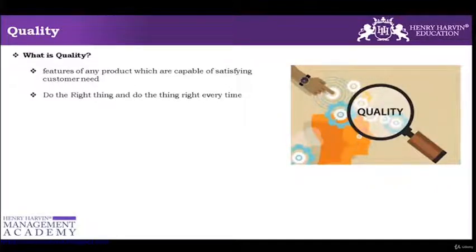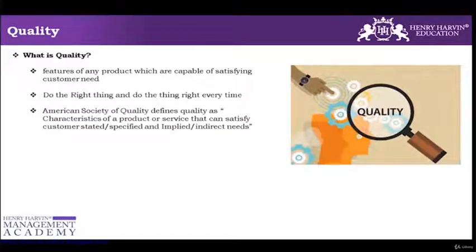One very important thing about quality is that our customers and our competitors are always looking for doing the first right thing at one point in time. So nobody wants to call again. Nobody wants to do those things again and again. Because of the competitive world environment, quality also talks about giving the customer the right thing the first time, so that he should not get disheartened or dissatisfied.